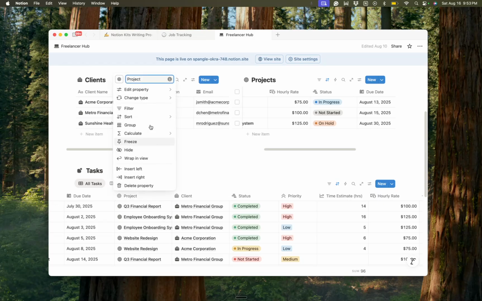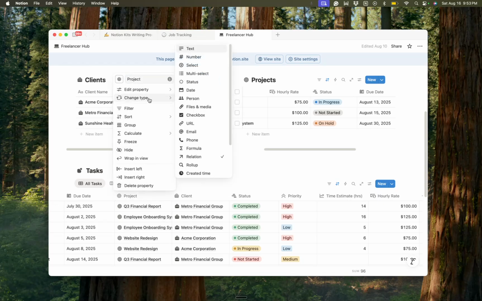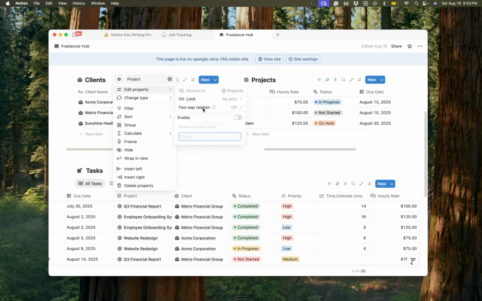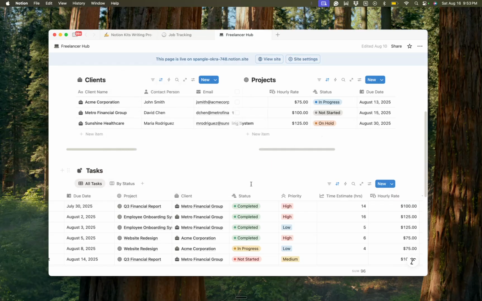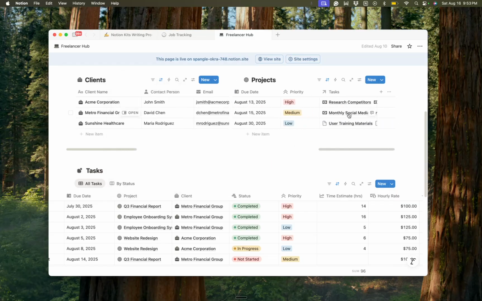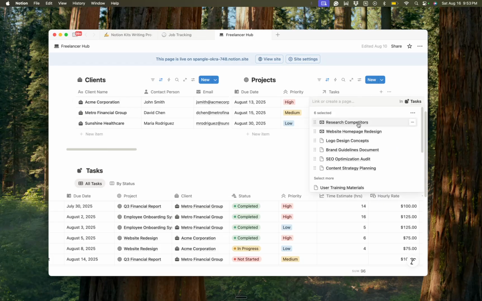So we're going to go to our original relation property for our projects database. We will turn that into a two-way. So then in our projects table, let's call this tasks. Okay, keep that enabled. Great, that should have done it. Yep, there we are. And you can see it's populated with all of the tasks from this database that we